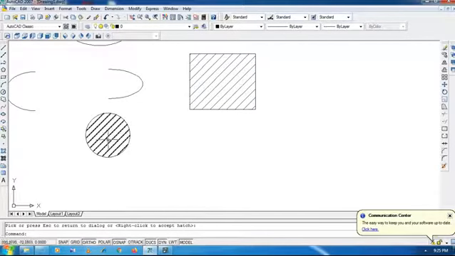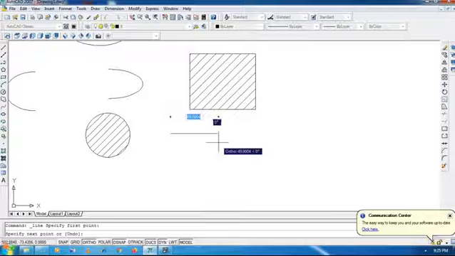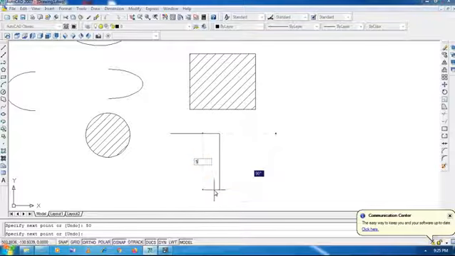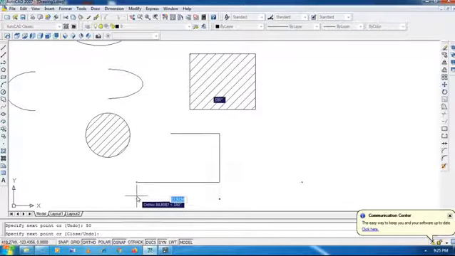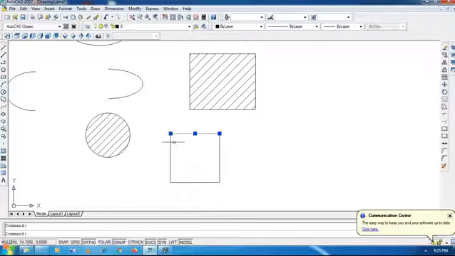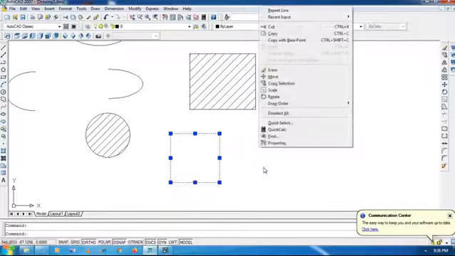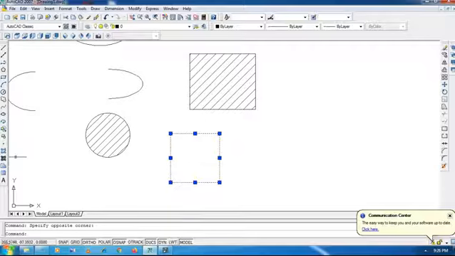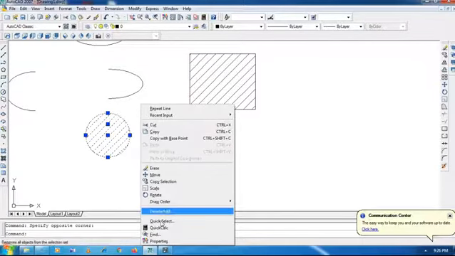Now we have just selected the inside because all these entities are closed ones. Suppose I draw a rectangle, or we can say a square. I am going to draw this 50, this 50, and again this one 50. Now this is not closed. All these are open ones. Suppose I want to do hatching for this one, then what to do? I will show you.